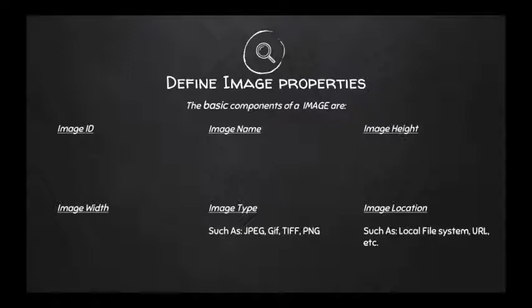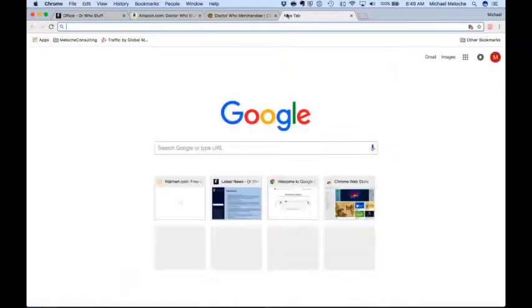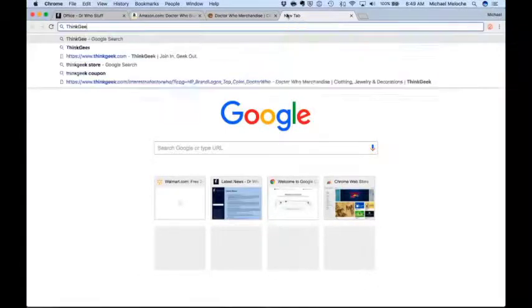So that's just something to consider when you're actually defining and storing your images. So next we have our vendor information. Before we look at the properties, let's go look and see where we can get our vendor information for our products. When we need to figure out what vendor information we need to record, let's go find our product